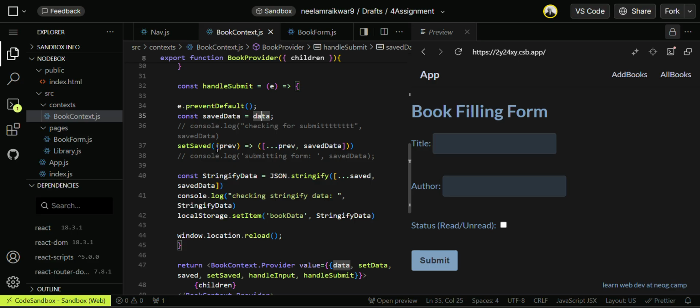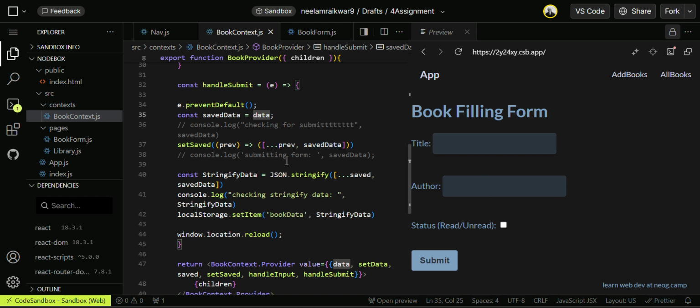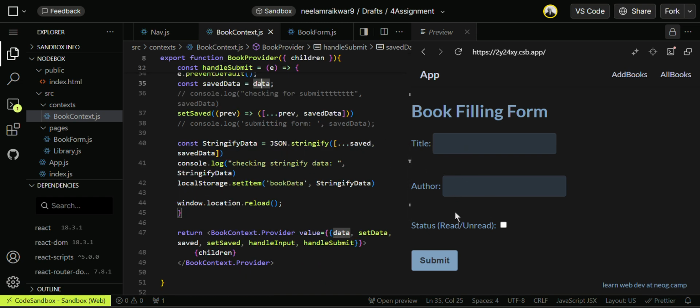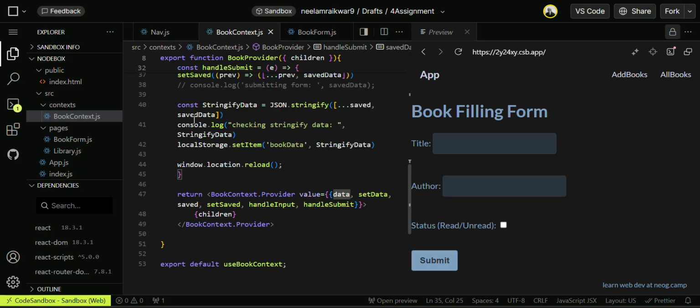So here we will get first the previous value, then the saved data, the data which we will add from this form. And then